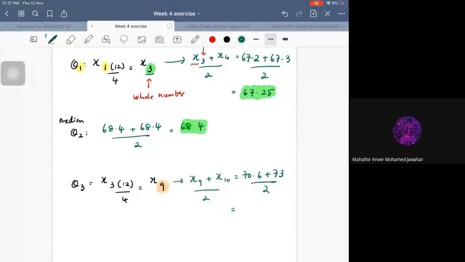71.8. So that is going to be my quartile 3. So it's a value of 71.8. So that is the third value that I need. Okay, so now that we have quartile 1, quartile 2, and quartile 3, what we can do with this